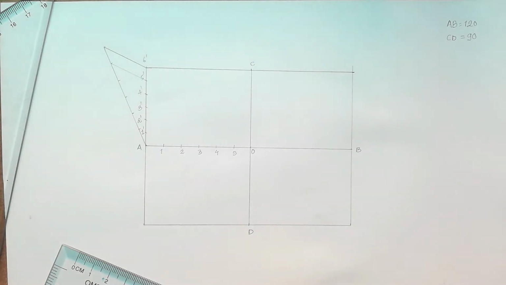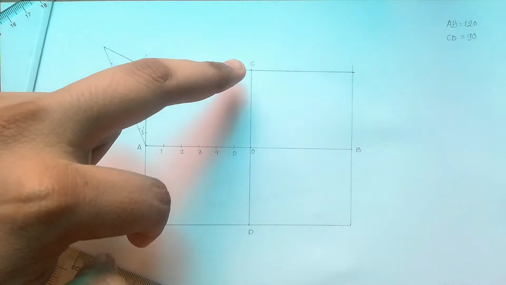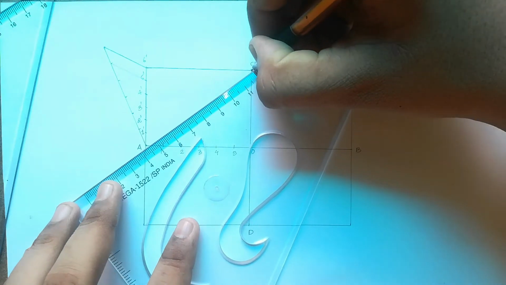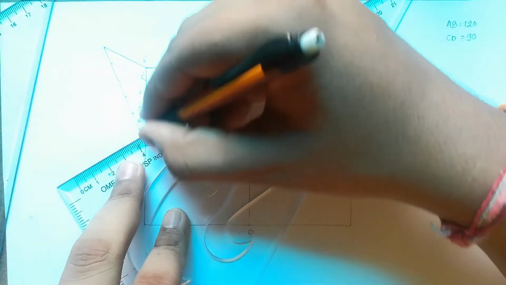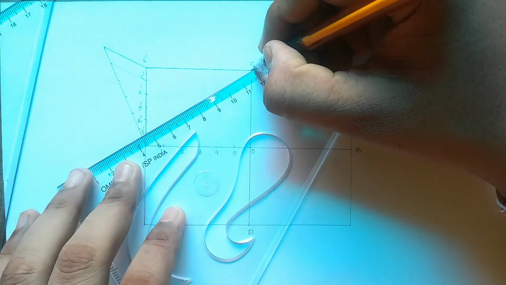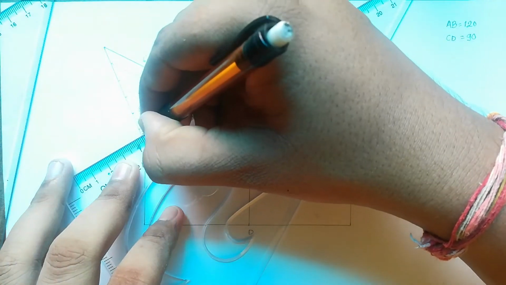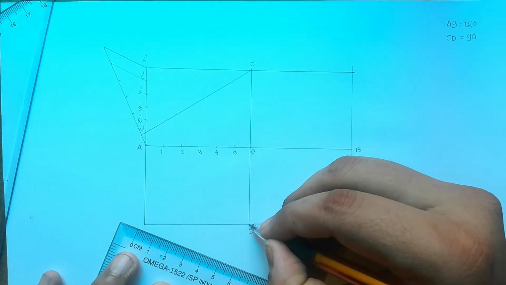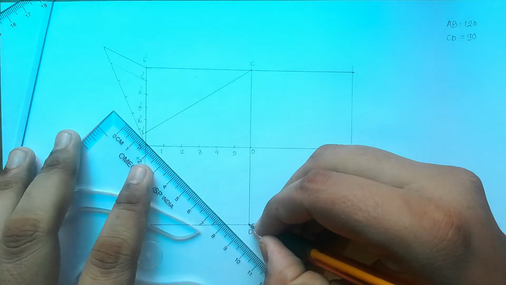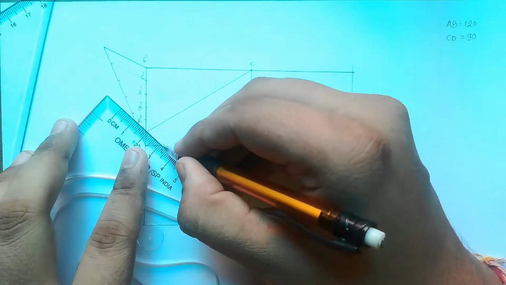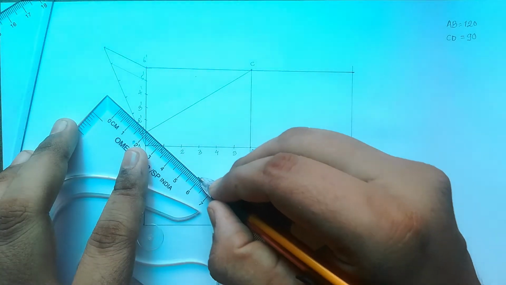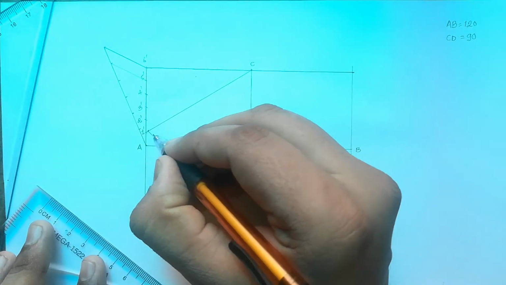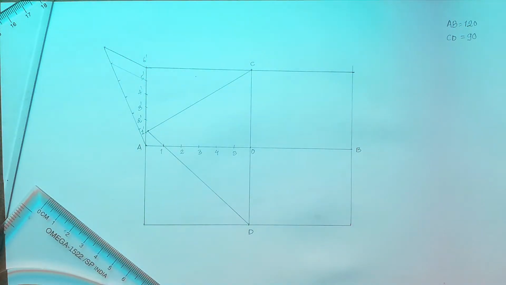Once you are done, let us understand how the points for the ellipse are obtained. For that, we will be using the two end points of our minor axis, the point C and point D. From the point C, I will draw one line that will connect any of the points of this vertical line. So from point C, let me just connect point 1 dash. As I have connected point 1 dash, from point D I have to pass one line that passes through point number 1. I will extend this line up to 1 and then up to this line. So the intersection is my point that is available on the ellipse.